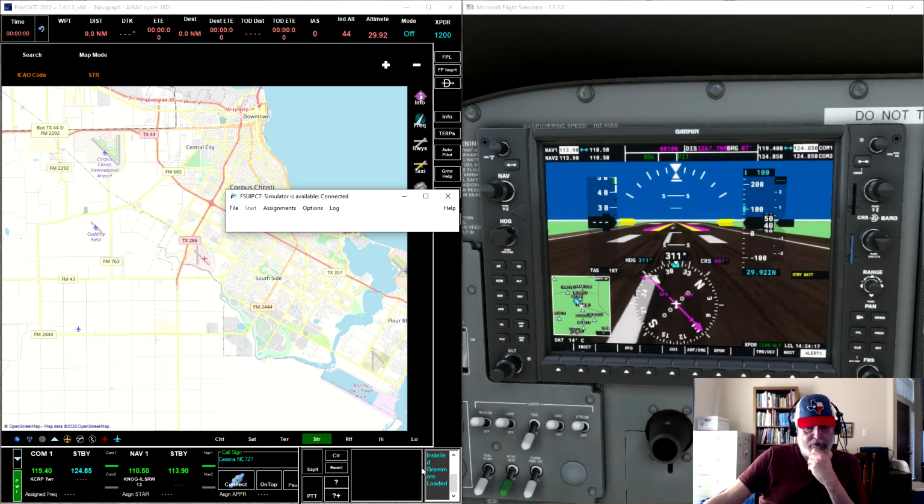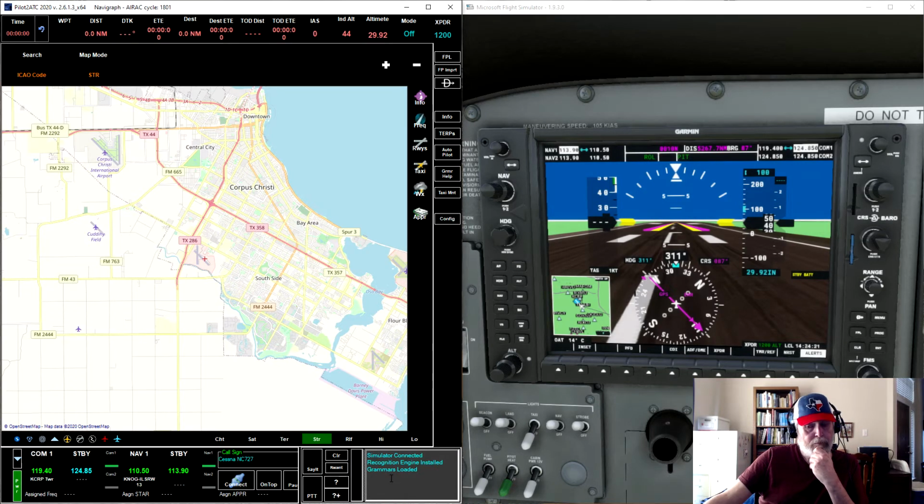Well, look here. What does it say? Oh, we actually got in. Simulator connected, recognition engine installed, and grammars loaded. Those three things have to appear in order for everything to work. And so we are running, and we can actually hear the background ATC working